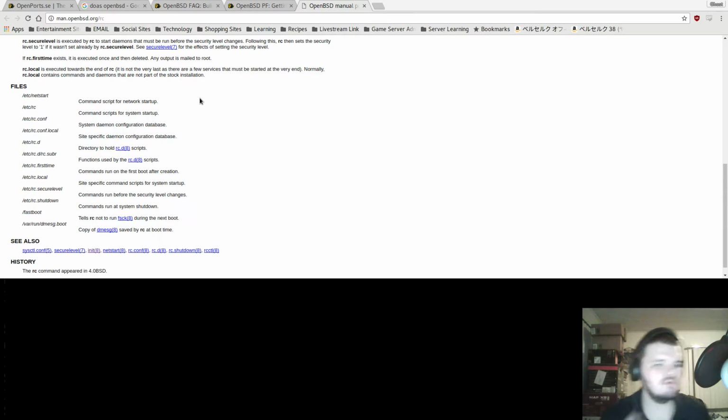Okay, and we see here we have the old Unix way of separating different things into different files. Like we have secure level, commands run before security level changes, commands run at system shutdown. That's interesting. Copy of dmesg saved by RC at boot time. Netstart, command script for network startup. That's interesting. So we can do things like, okay, the network's up, start my BitTorrent